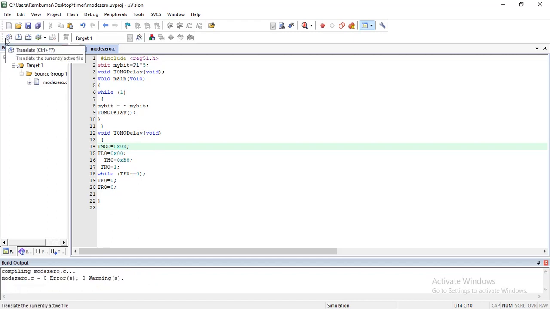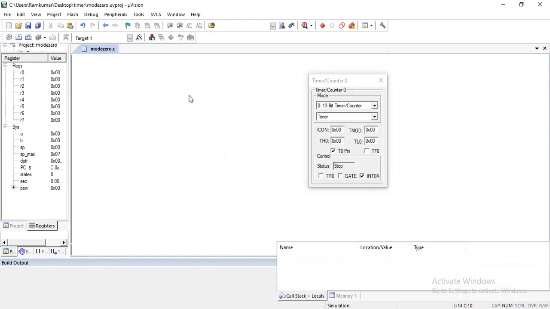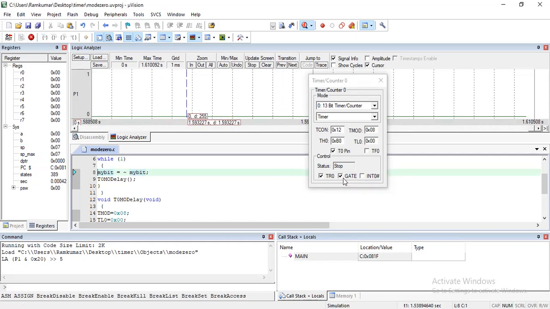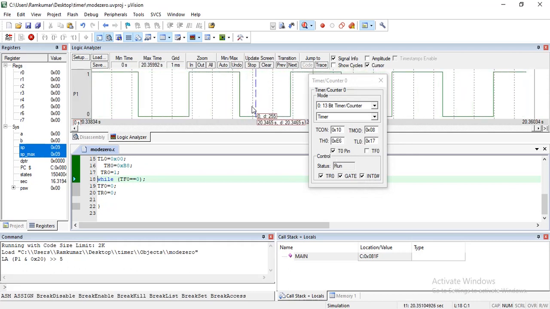I made a mistake. Earlier I just explained it to you, but I did not edit the code. Now you can see the difference. It won't run. Okay, everything is the same. Here I am not using INT0, but as a programmer you see the gate. Why? Because you mention here 08. But I am not making INT0 high, so the output you won't get. Suppose you give INT0 as 1, then only it is going to be high.